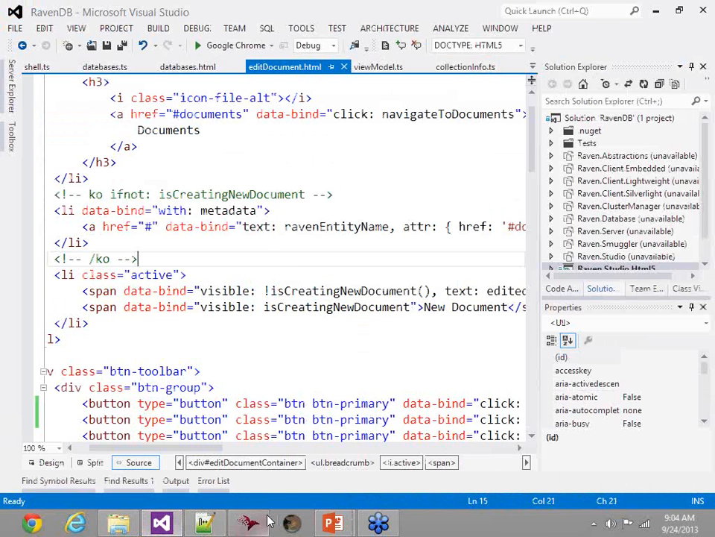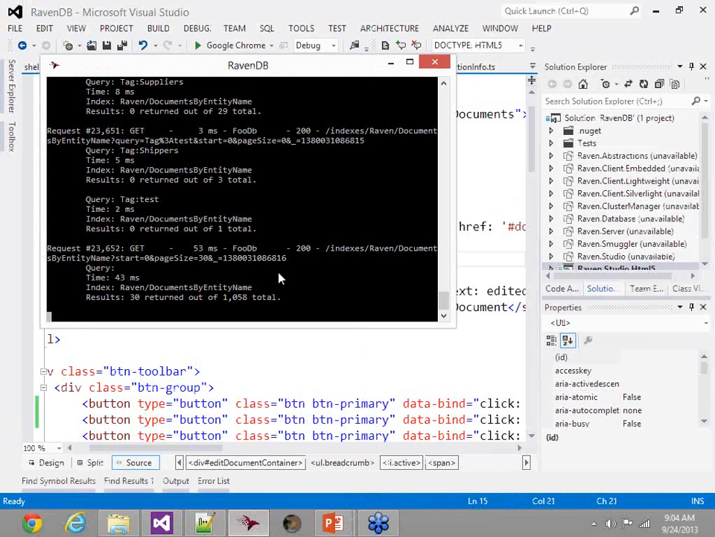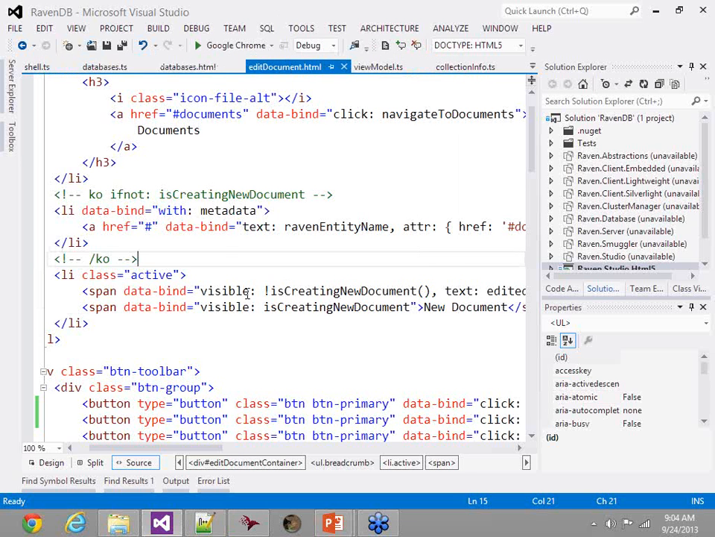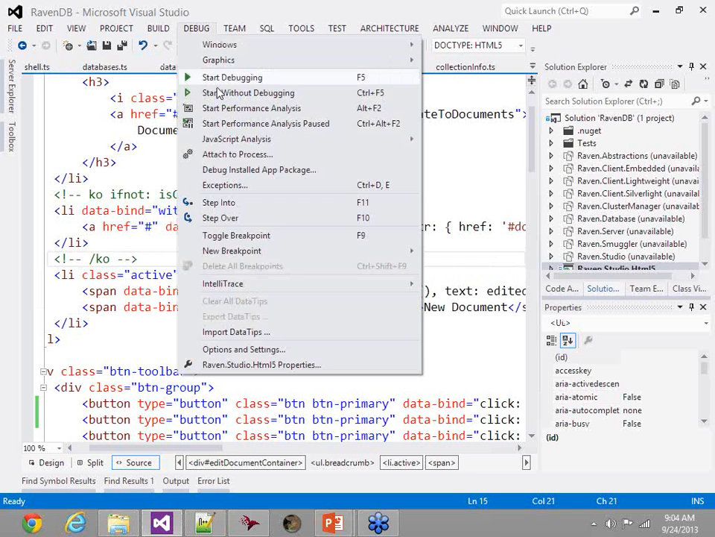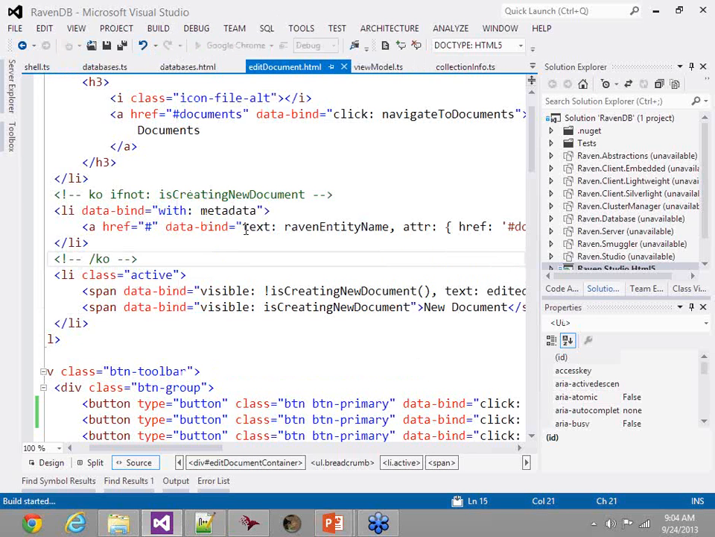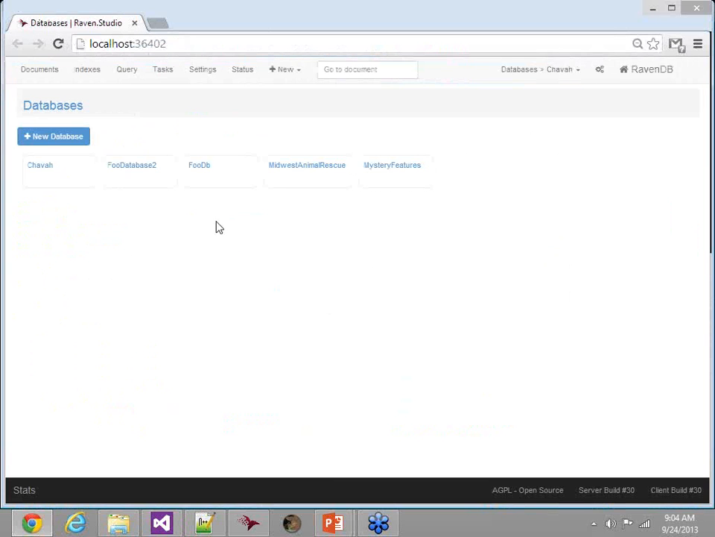hop over to Visual Studio. Okay, so I've got a Raven server running, and what I'm going to do first is start Studio fresh, the new HTML5 Studio. Okay. All right, so the first thing I would like to point out is you'll notice how quickly the new